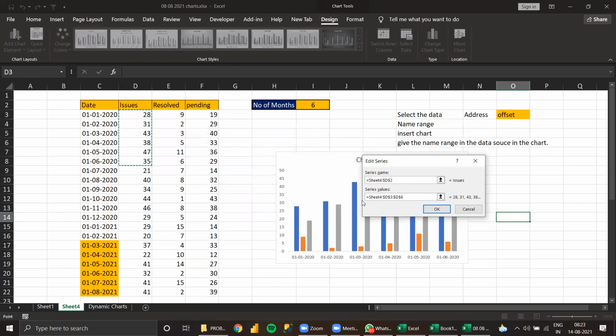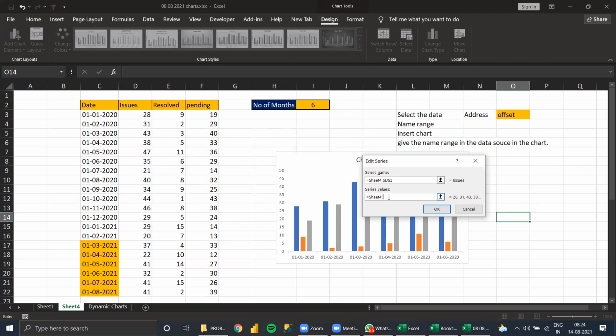In this, what we need to do is delete till the exclamation mark. See here, Sheet4 exclamation mark is there. So delete till then. You do backspace, don't use the right or left arrow. Now this named range for the issues you need to select.